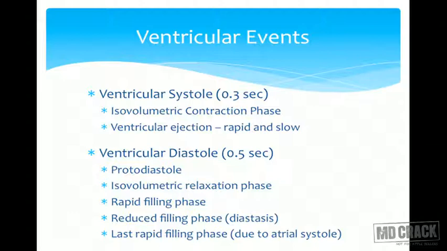And now, what is the aim of this phase? The pressure should increase so much that it becomes more than that of the aorta or the pulmonary trunk. If you take the example of the left ventricle, the semilunar valves are closed because the pressure inside the aorta is more than that of the ventricle. So if the ventricular pressure becomes more than that of the aorta, it is going to cause the opening of the semilunar valves, and blood will flow from the ventricle into the aorta.